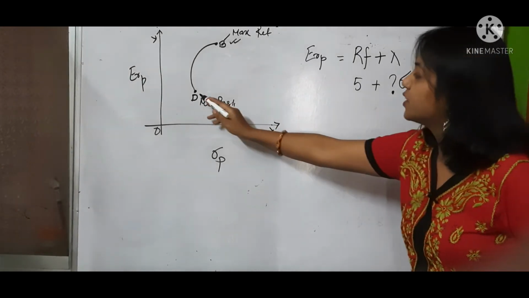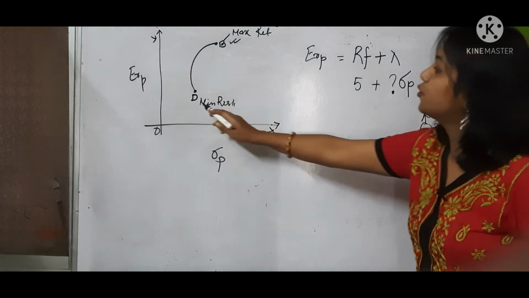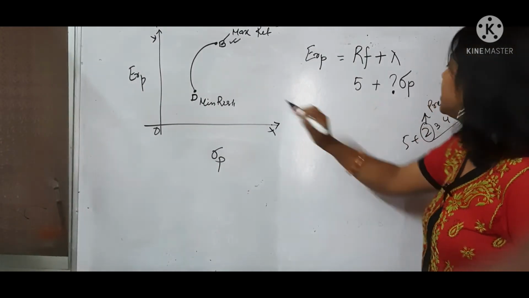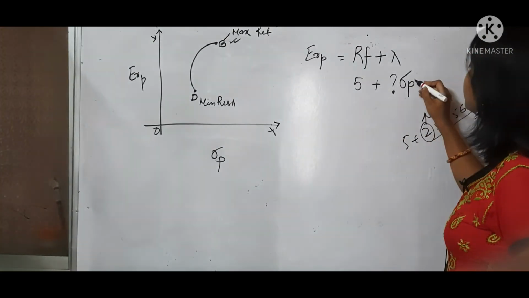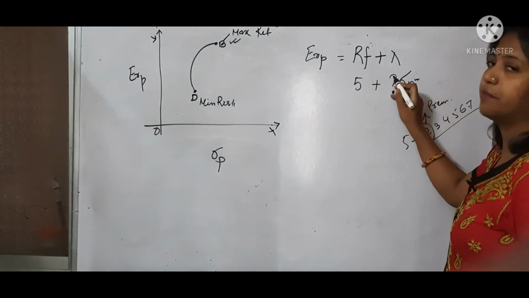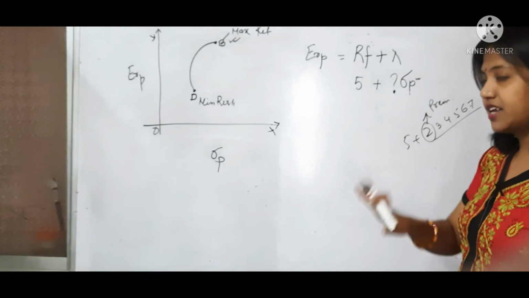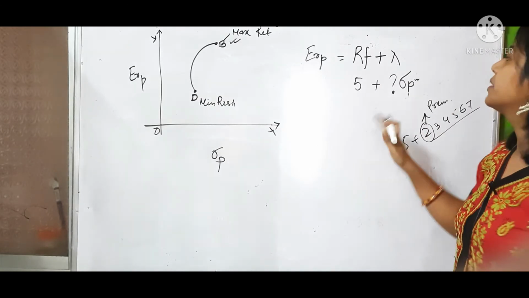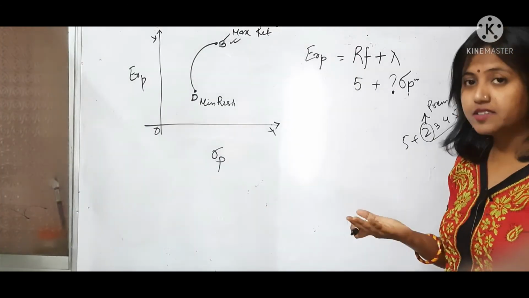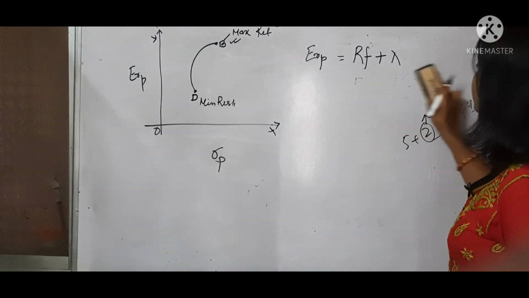Suppose I want to know for security D, so I will multiply by the risk of that portfolio D. If I have to know for B, I have to multiply by the risk of the portfolio B, because how much risk I have taken into the risk premium will give me the returns that I am getting from the market. So 5 rupees is something which I get for sure, and over and above I must get something extra, because I have to be happy that I have taken risk, I am getting some extra premium.